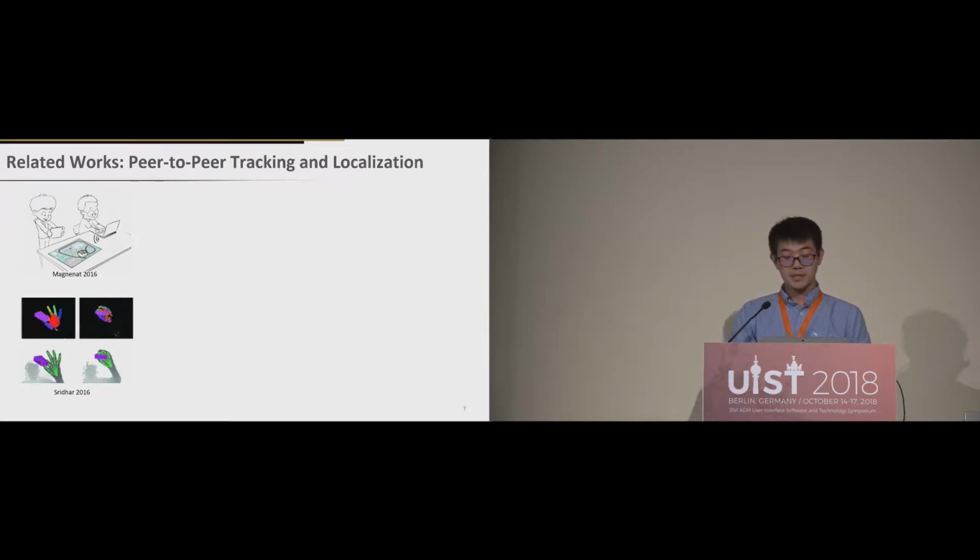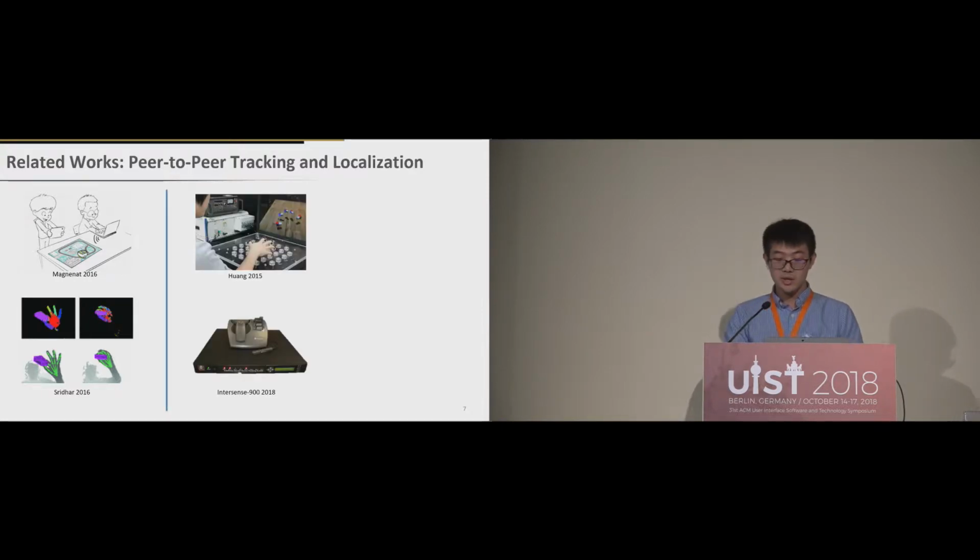Peer-to-peer tracking and localization allows for instant registrations between users. It is attractive to directly use the SLAM embedded camera to track the pose of the collaborator. However, unless using a fiducial marker, it is still challenging to actually segment and estimate the full pose of the handheld AR device or the head-mounted device. Other direct tracking alternatives, such as electromagnetic or acoustic sensing, usually involve a bulky base. So that prevents them from being used in these mobile AR devices.